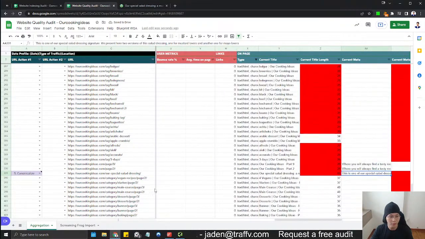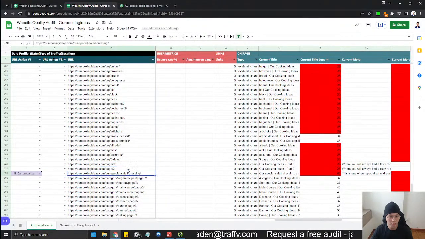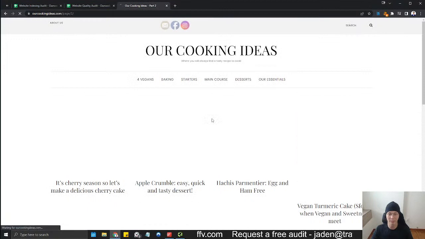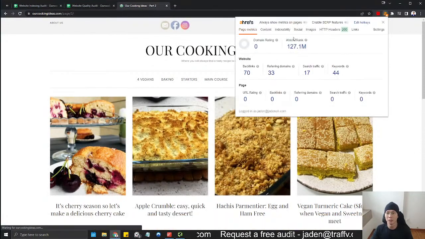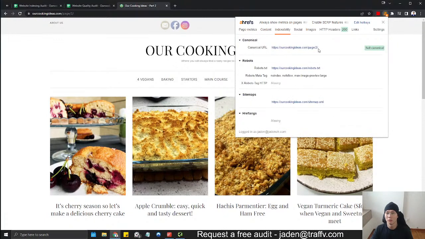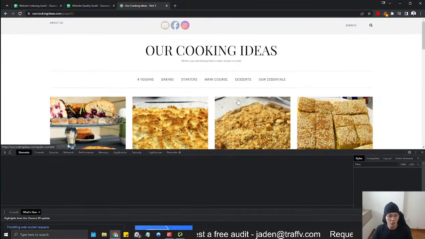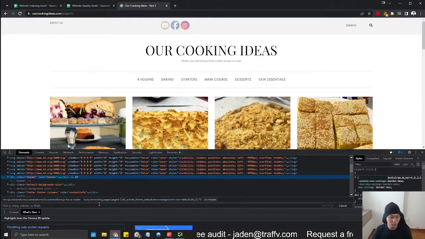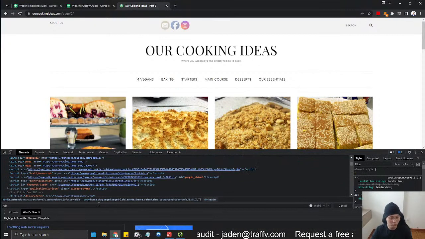Next up, pagination. These are fine. Let's take a look at what this should be canonical to. WordPress does this pretty well, but sometimes things get messed up. Usually pagination should be referencing the first or the previous page, or be self-canonical. So if I were to find a pagination page, I'd look for rel equals